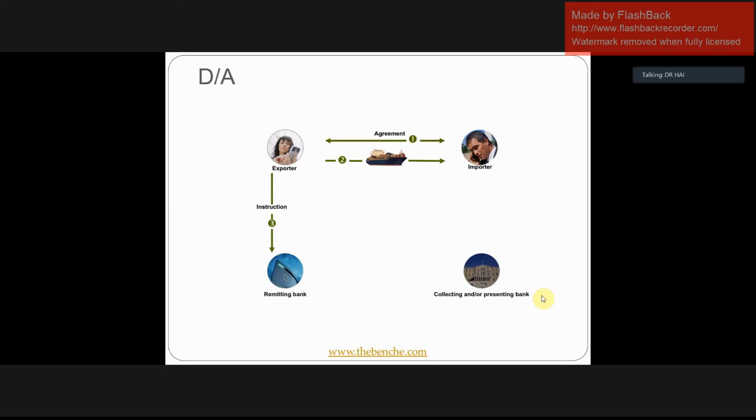Whereas under DA transaction, the BE is time B or usance B or tender B. In Vietnamese, hối phiếu kỳ hạn. Okay, step number 4 is